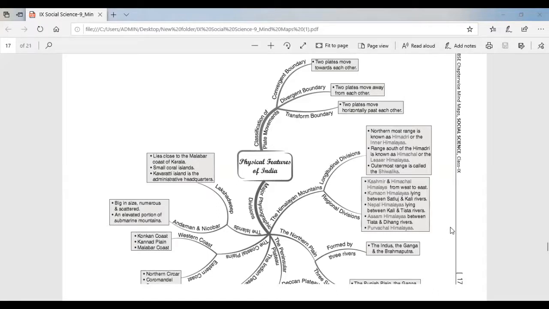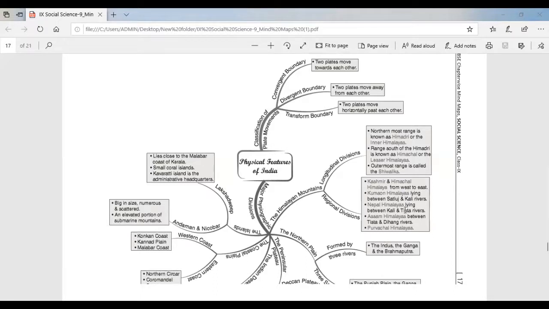The parts of the Himalayas lying between Satluj and Kali rivers are known as Kumaon Himalayas. The area lying between Kali and Teesta rivers is known as Nepal Himalayas.